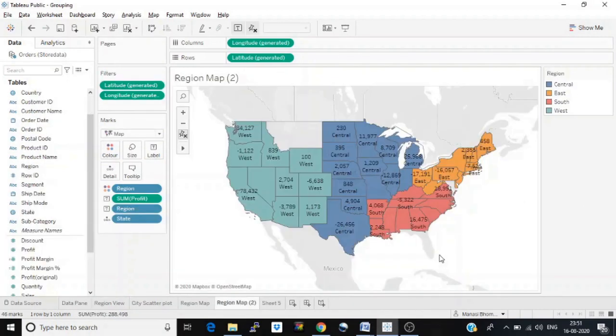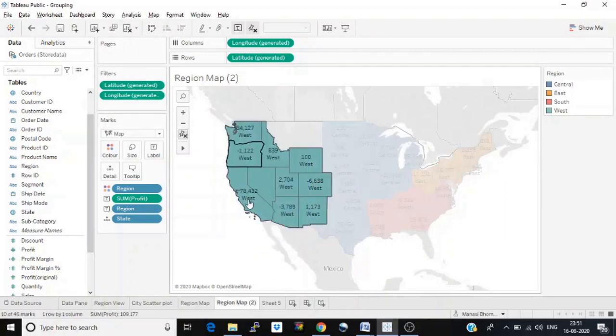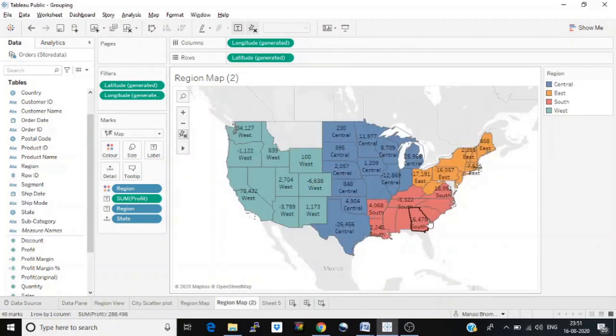Let's see an example of how to create custom territories with the help of grouping. In this example, we have plotted state-wise profit and we have distributed them with the help of region. Now the problem is we want to show only region-wise profit. For example, I want to show the profit of the total West region, the profit of the complete South region, the profit of the complete East region and Central region likewise. So let's see, we can solve this problem using groups and create custom territories. So let's see how.